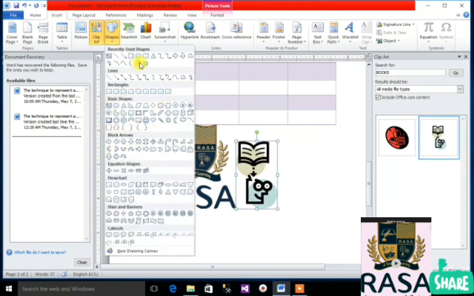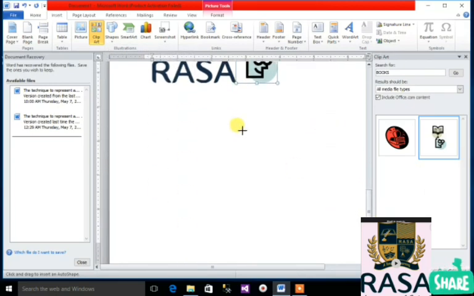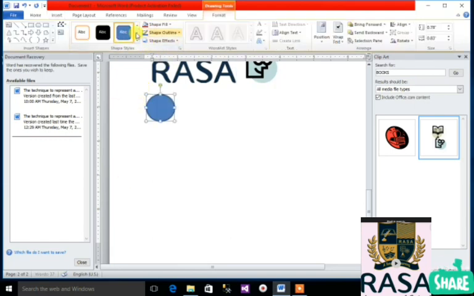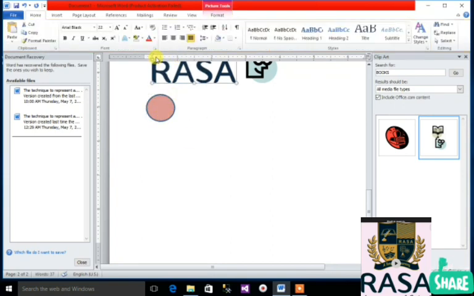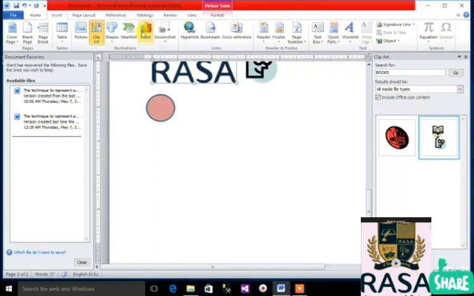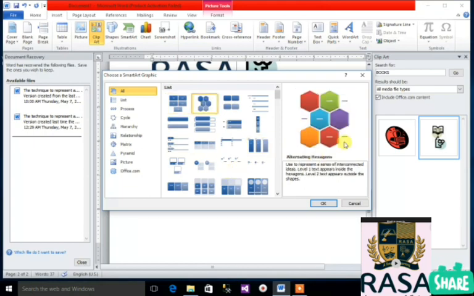Next is shapes. You can select shapes from here, like I'm selecting a circle and I'm making a circle here. Whatever I want to do here, so I've selected, and I've selected the color. Okay, so in insert, next is smart art. In smart art, you can select the shapes like this, cycle, process, so many options are there.